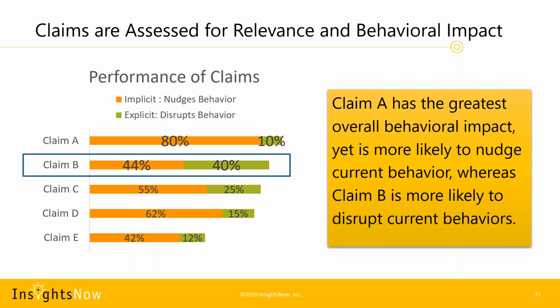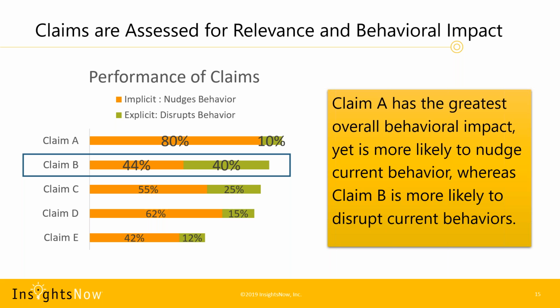I'm showing a spattering of them, but for the top two claims, the length of the bar overall is the percentage of people who said that this claim was relevant to them. So it was a yes response. This is relevant, rather than a no response, this is irrelevant. So you see that for claim A, the vast majority of people had a very fast implicit yes